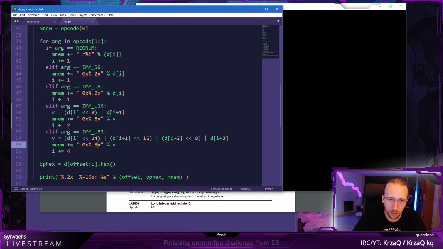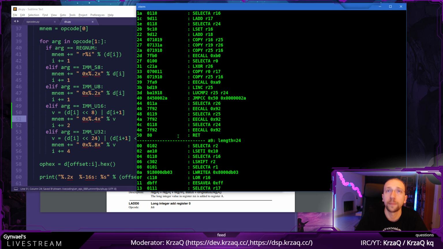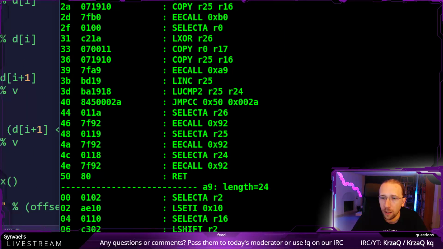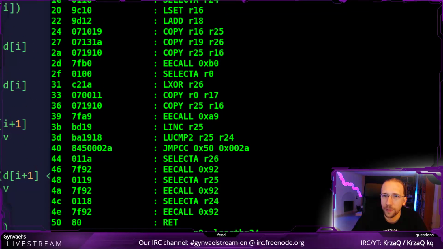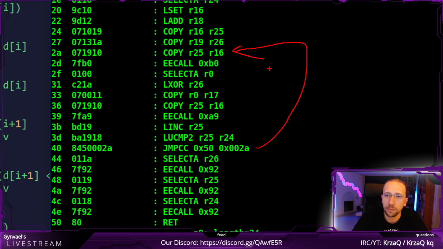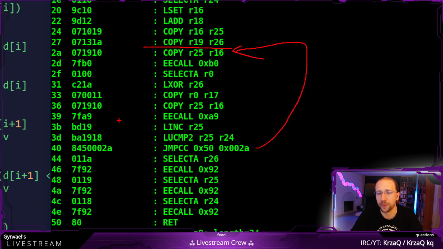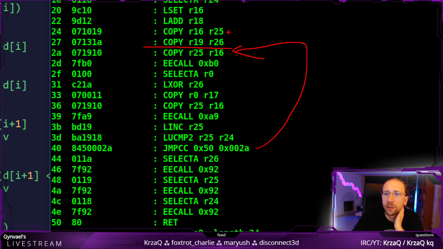And here we have to fix it to 4. No. Here. Okay, perfect. Okay, now 2A is the address where it's jumping. Let's take a look. So it's jumping to A here, which might make sense. It might actually make sense for it to jump here, because it might actually explain why, you know, I was wondering,